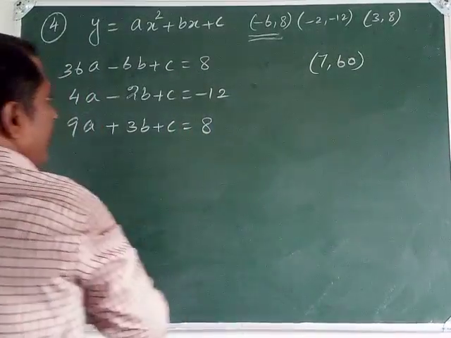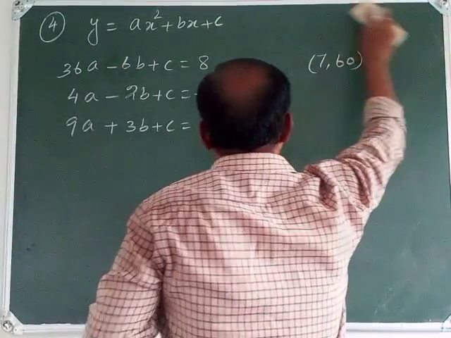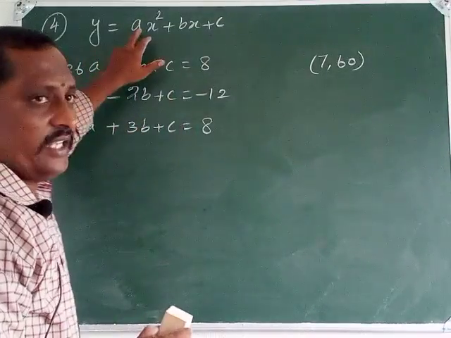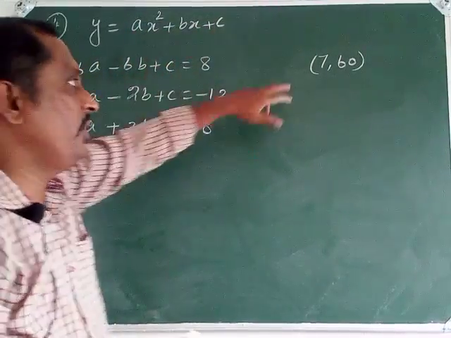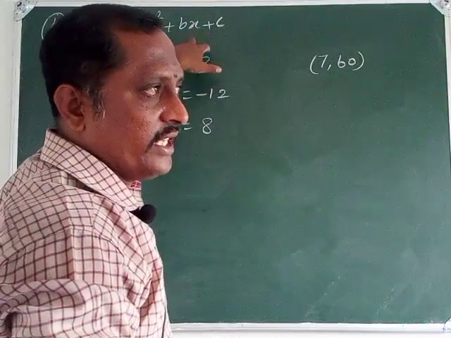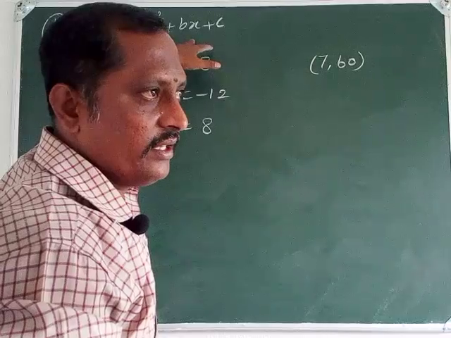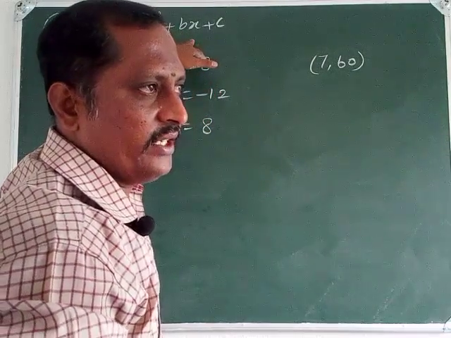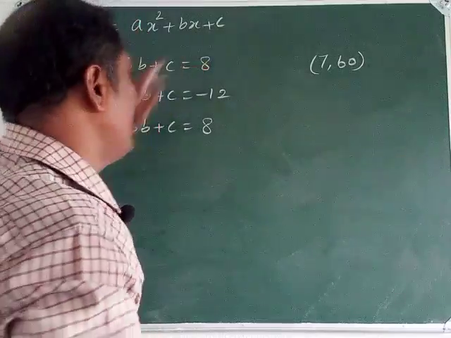So we have the 3 equations. You have to check it, satisfying this equation. First you have to find the a, b, c value and then you have to substitute this point in this equation. If this equation is satisfied, the boy meets his friend. Otherwise, it is not possible.